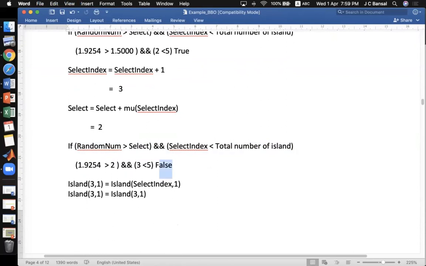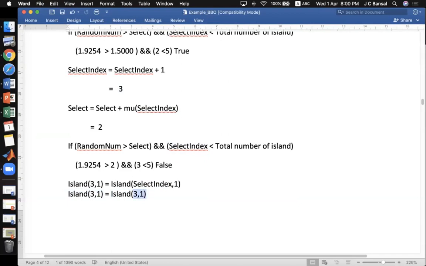Here you will see that it is now false. It means at this particular step it is failed. So we will select the last select index. This select index was 3, so this 3 1 island, and you will be amazed that your original feature was also 3 1, and your method says that this is replaced by the same, so there is no change in this island.